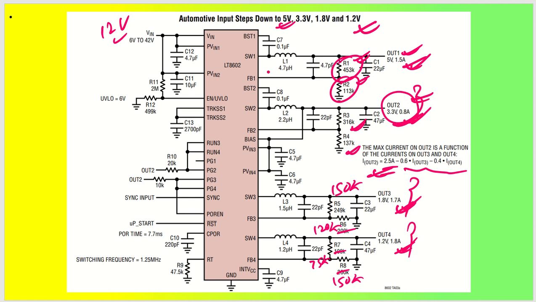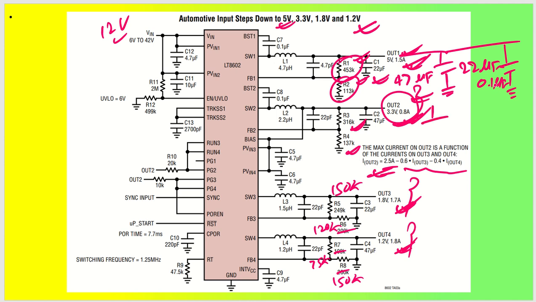And make sure your output capacitors have a good amount of capacitance, like 22 microfarad. If it is not sufficient, change it to 75 microfarad. My suggestion would also be to have a parallel combination of at least two capacitors. So 22 microfarad, 22 microfarad, and definitely keep one 0.1 microfarad capacitor at each output. This will serve as a very good smoothing capacitor or filter capacitor. So on each one of them you put one 0.1 microfarad capacitor,